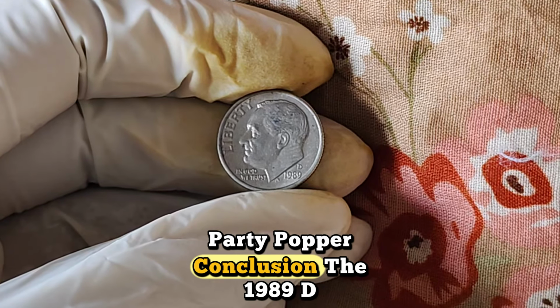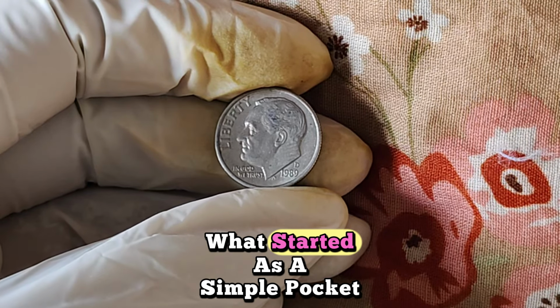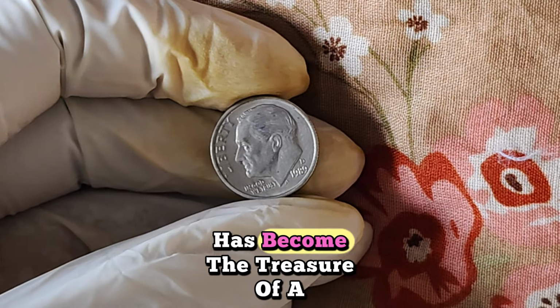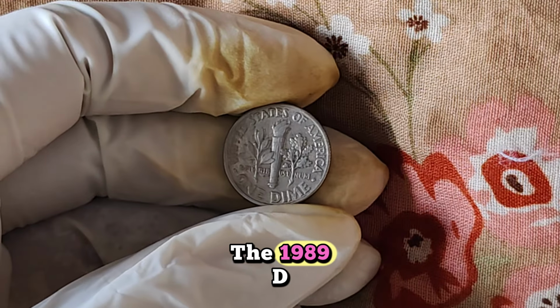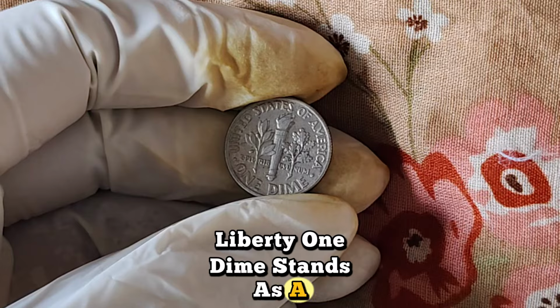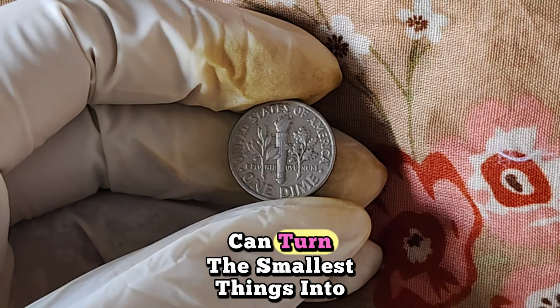The 1989 D Liberty dime could change your life. What started as a simple pocket change coin has become the treasure of a lifetime for some lucky finders. The 1989 D Liberty dime stands as a powerful reminder that history, rarity, and a little bit of luck can turn the smallest things into